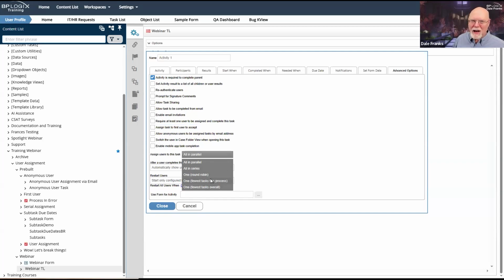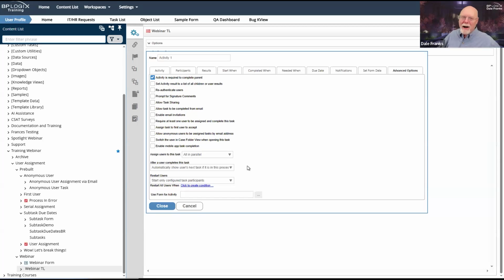The system decides you are it, and you are the assignee for this task. And only one person gets that duck, duck, goose tap on the back of the head, which means that they're the ones that have to do it. So round robin is basically the system going duck, duck, duck, duck, goose, and you're now the goose. You got to get up and run around the circle because you're it.